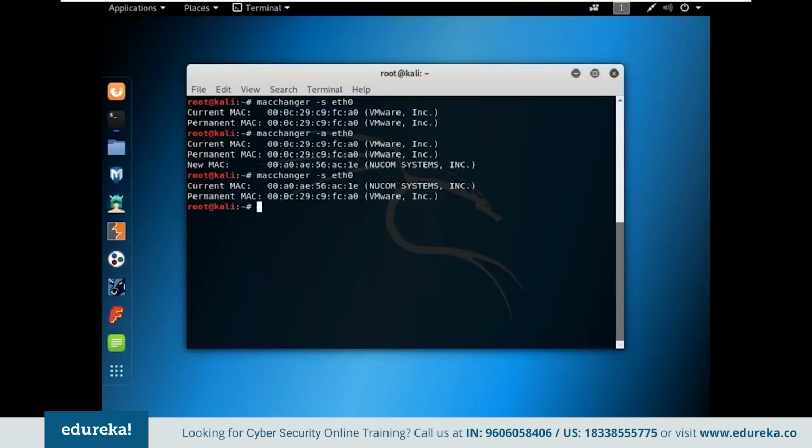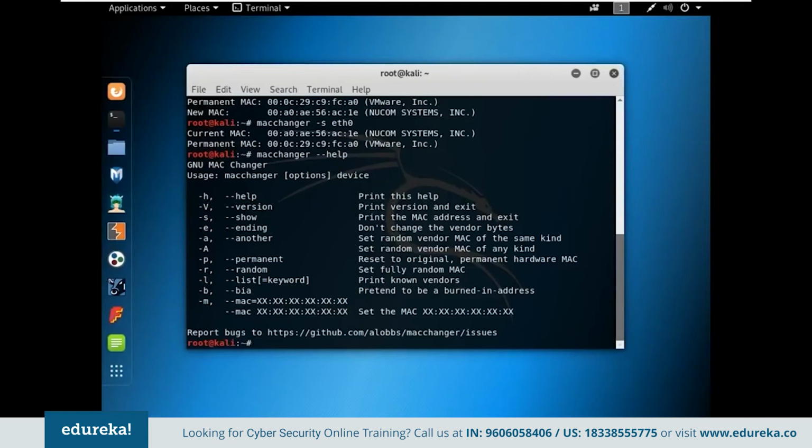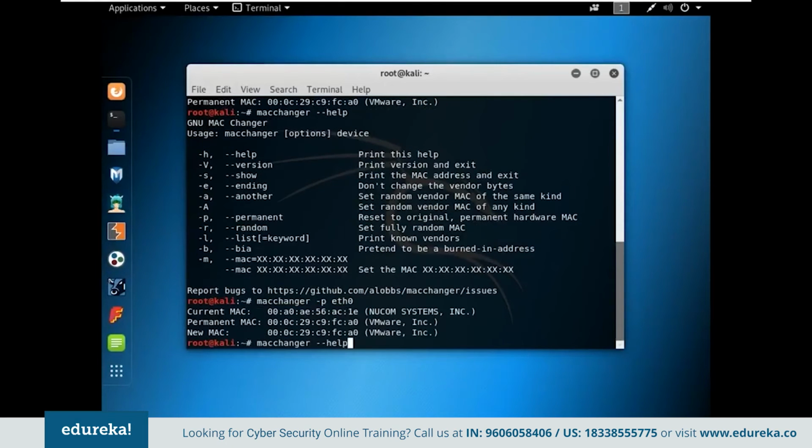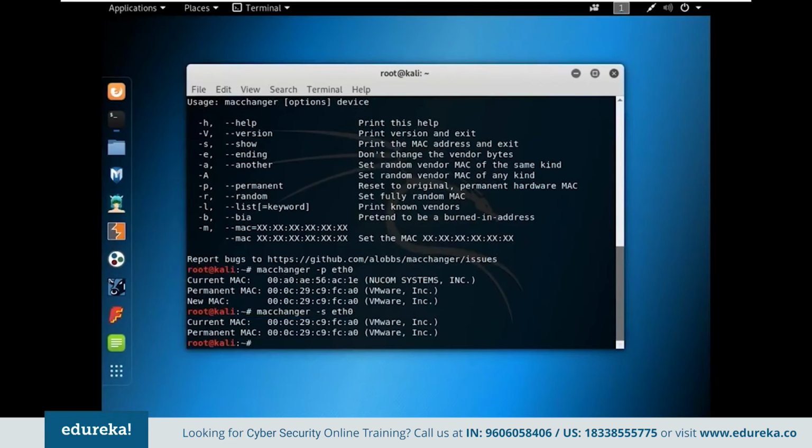So if you want to remove all the changes which you just made, the command that you have to use is -G. So macchanger, and here I go, -p. Anyway, well, not to make mistakes, let's just type help. The -G command is not there at all. Well, -p, it resets to original permanent hardware MAC. So yeah, -p. Now let me check again by using -s. As you can see, my current MAC address has been reset to the actual settings. So there you go, guys.